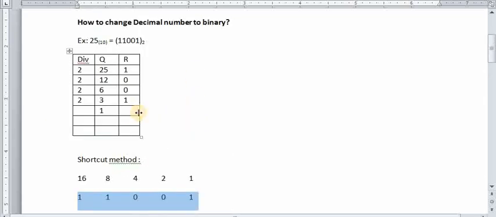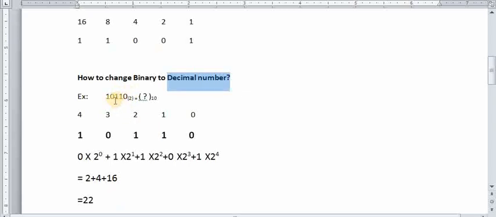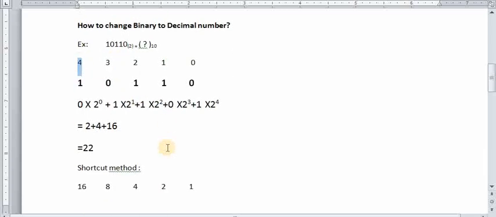Next you have to learn how to change a binary number to decimal. Let's take an example. Suppose we have the number 10110. This is your binary number and you have to change it into a decimal number. First of all you have to put the powers, starting from 0: 0, 1, 2, 3 and 4, like this. Now what you have to do,